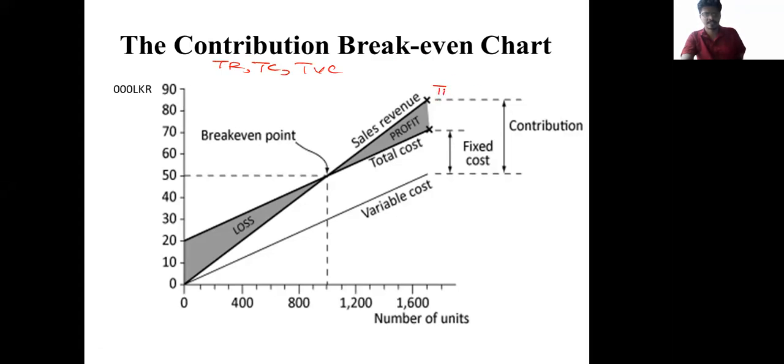This is the total revenue curve, this is the total cost curve, and you can draft the total variable cost too. In this case, you know that the difference between selling price, that is sales, and the variable cost is known as the contribution. So this amount we know as the contribution. So in the draft, this part,